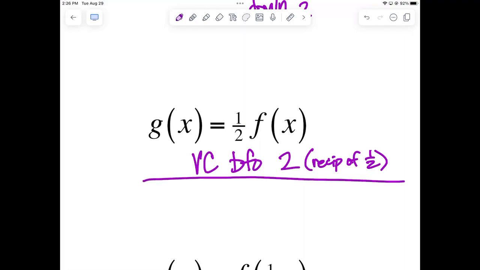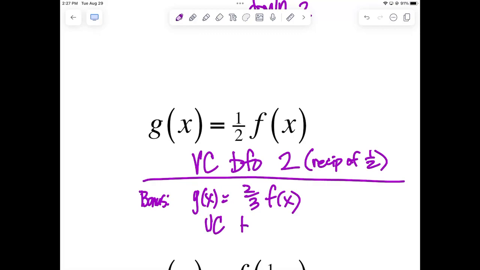Here's another one to practice. We'll call this a bonus example. What if I say g of x equals 2/3 of f of x? Is that a stretch or a compression? It's a compression because 2/3 is less than 1, right? So we'll say a vertical compression by a factor of, and of course it's by a factor of not 2/3, but